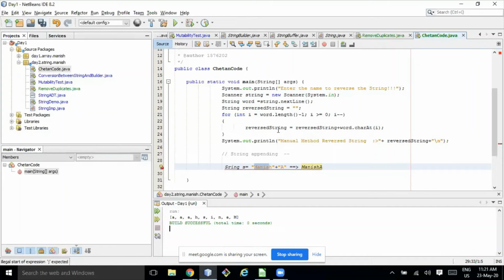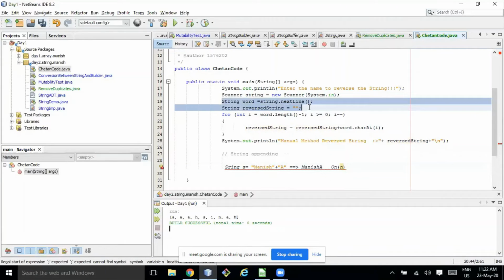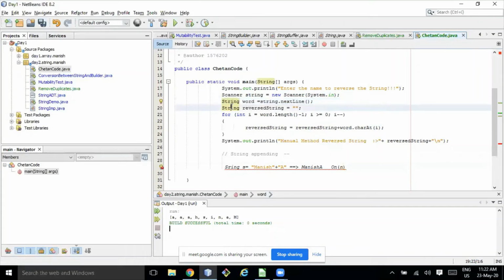So if you are looping it, you can calculate how many strings you are creating. That is one problem. Another problem: you already have one word string and you are again creating a reverse string. So you are using O(n) extra space because you are using another variable to store the reverse string, and you are appending to the string. If you still want to go with this approach, then I would expect you to go with StringBuffer or StringBuilder.